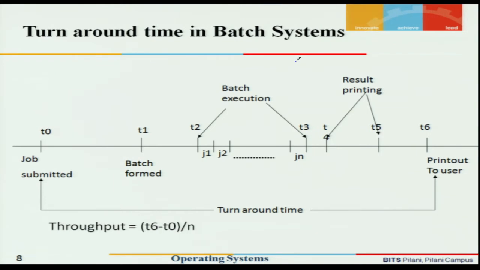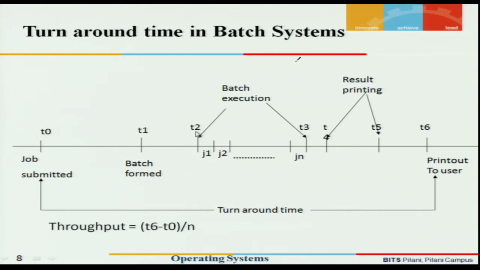As mentioned, users would submit a set of jobs. So, there is a job submission time. Let us say a job gets submitted in the period between T0 and T1. This is the time when the jobs are going to be submitted. At some point of time T1, let us say the operator is going to form the batch. The operator is going to pull different kinds of jobs together and form a batch, and then, after having formed the batch, the operator is going to run these